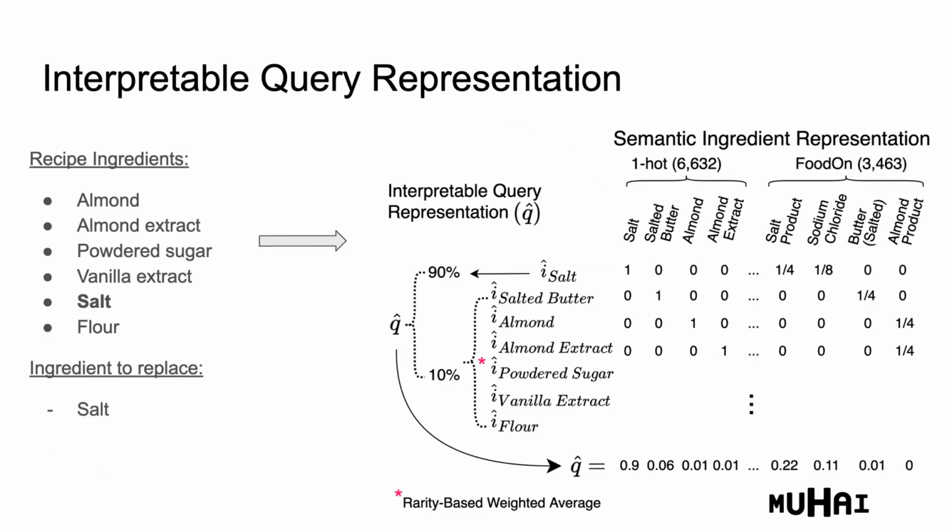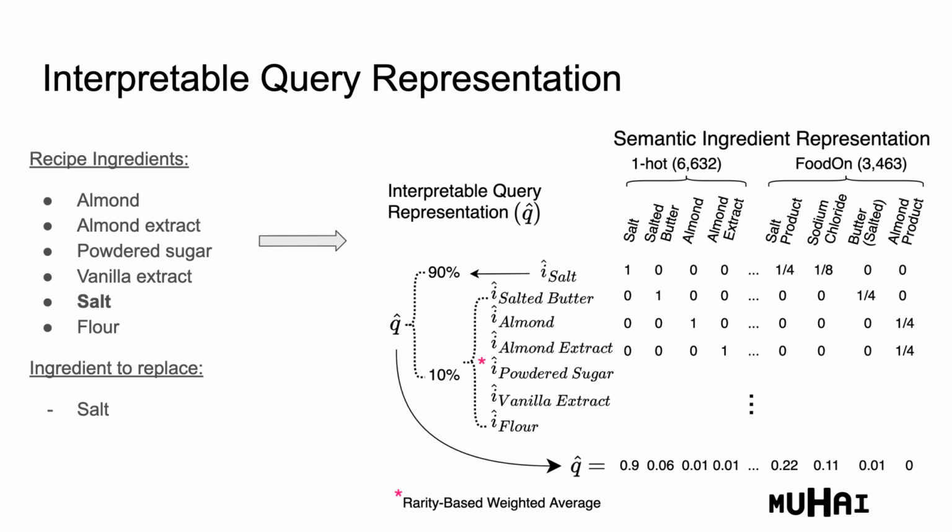Each ingredient is represented in a mathematical space, where each dimension either refers to a specific ingredient, one-hot encodings, or to a specific ingredient property among the ones retrieved from the FoodOn knowledge graph. The knowledge injected from FoodOn allows the agent to relate similar ingredients. For example, the almond and the almond extract ingredients are different, but